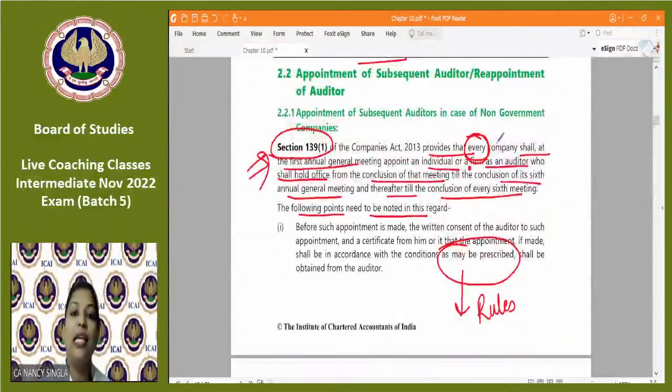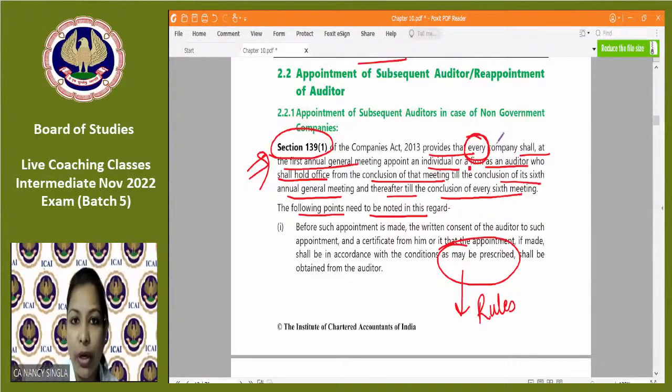ठीक है? So students, we are discussing section 139 subsection 1, जहां पर we have seen that every company को first AGM में subsequent auditor को appoint करना है, who shall hold office from that AGM till the conclusion of the 6th AGM, मतलब 5 years आते हैं, ठीक है।